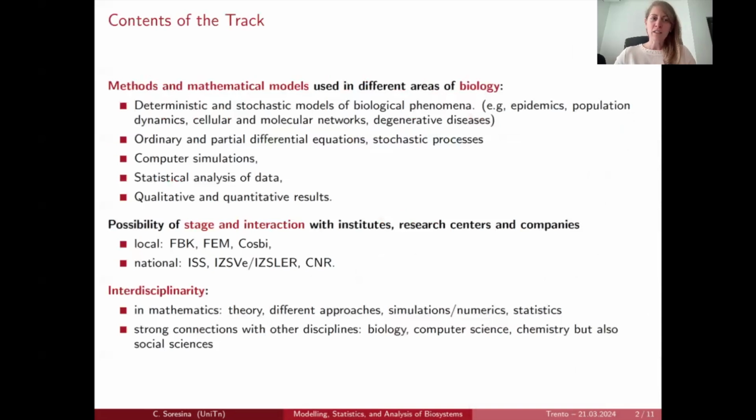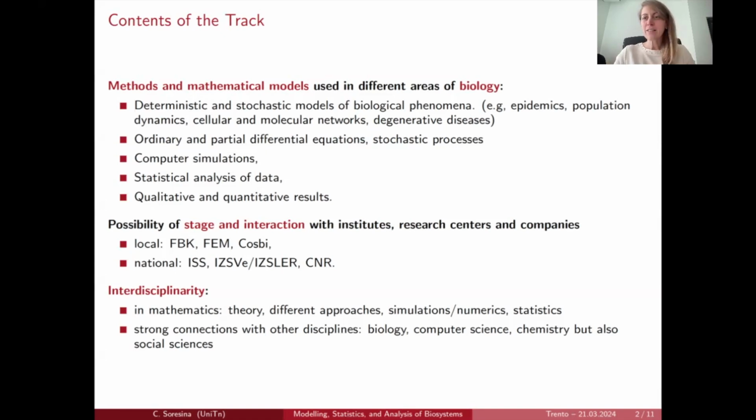The content of the track are methods and mathematical models used in different areas of biology. In particular, we are going to see deterministic and stochastic models of biological phenomena with application, for instance, in epidemics, population dynamics, but also molecular networks or degenerative diseases. And this content